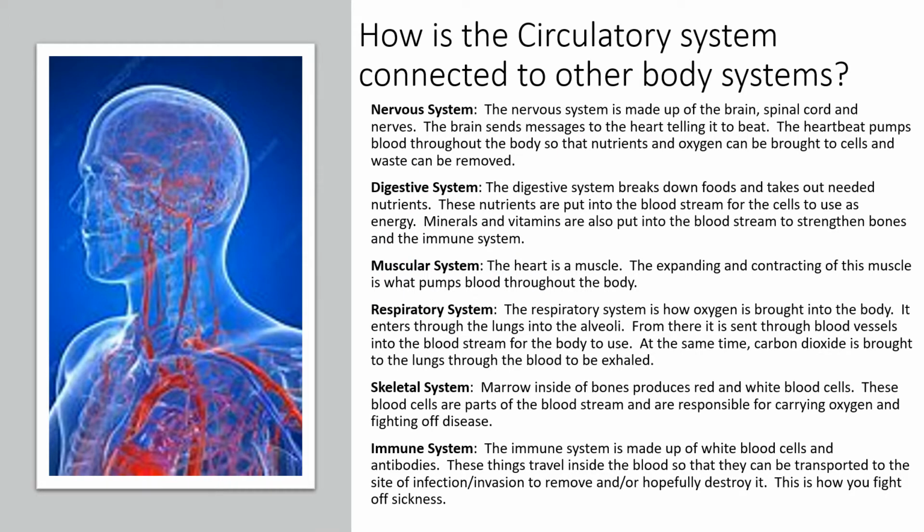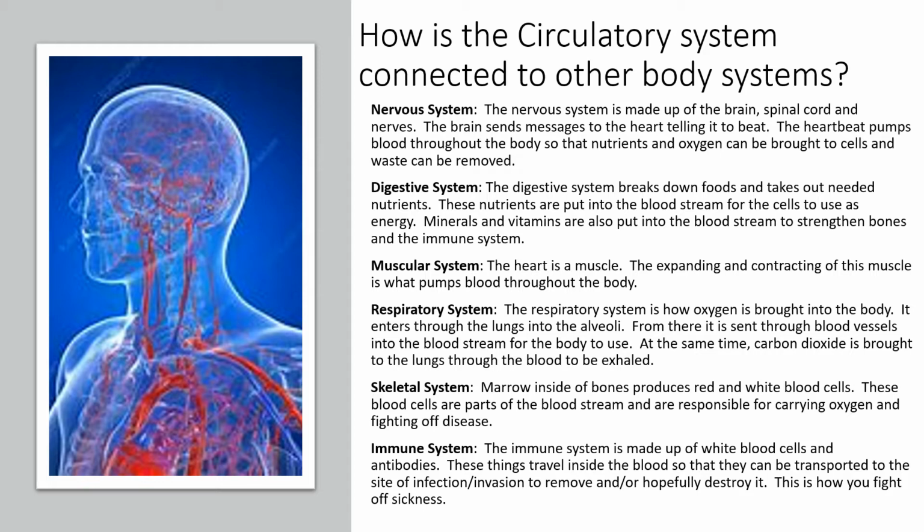How is the circulatory system connected to other body systems? Nervous system. The nervous system is made up of the brain, spinal cord, and nerves. The brain sends messages to the heart telling it to beat. The heartbeat pumps blood throughout the body so that nutrients and oxygen can be brought to cells and waste can